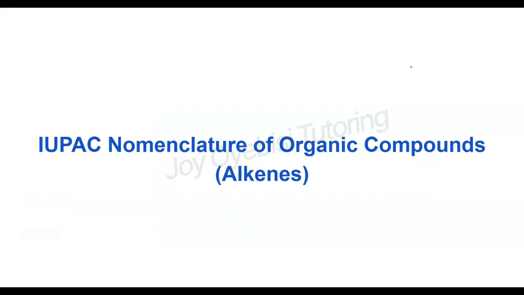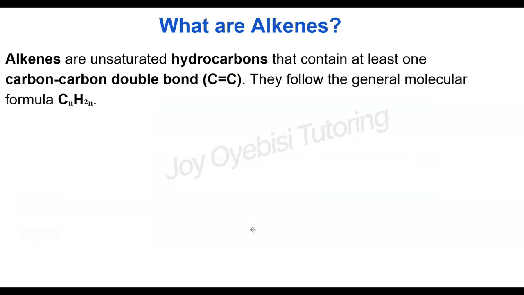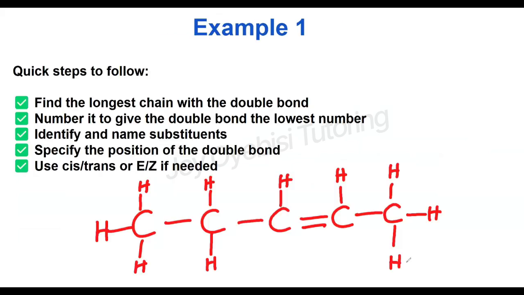In this video, we're going to be looking at the IUPAC nomenclature of alkenes. What are alkenes? Alkenes are unsaturated hydrocarbons that contain at least one carbon-to-carbon double bond. They follow the general formula CnH2n. The quick steps to follow when naming alkenes are: